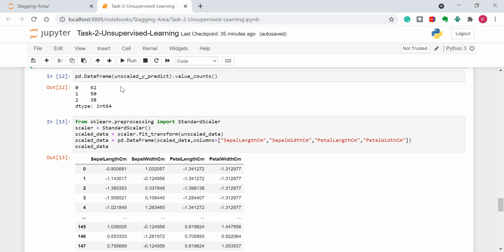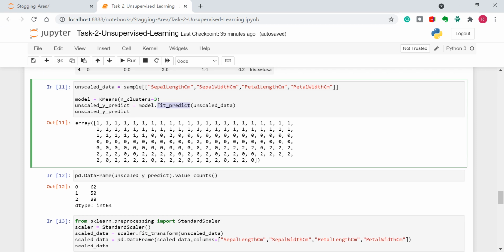Pandas DataFrame of unscaled y_predict value_counts. This means that we will be checking how many values of 1, how many zeros, and how many 2s there are. We can see that there are around 62 zeros, 50 ones, and 38 twos in our predicted model. But we can see that our dataset contains 150 values in total, right? And 50 of them are species 1, 50 are species 2, and 50 are species 3.